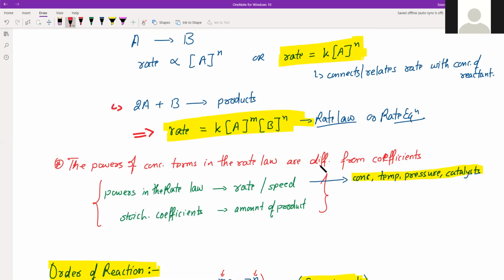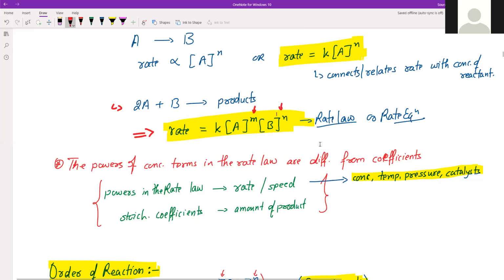It may depend on both the reactants or maybe more than two reactants. It may not depend on any reactant's concentration. It may depend on only one or a few of the available reactants, not all of them. So all such possibilities are there. Then we saw the order of reaction, which is the sum of these exponents. For example, here the exponents are m and n, so the sum m plus n will be the order of the reaction.